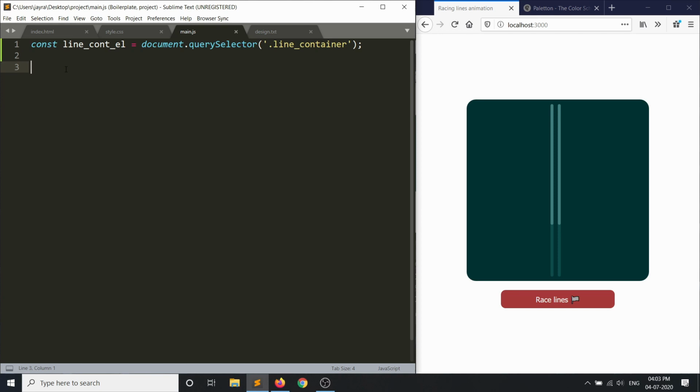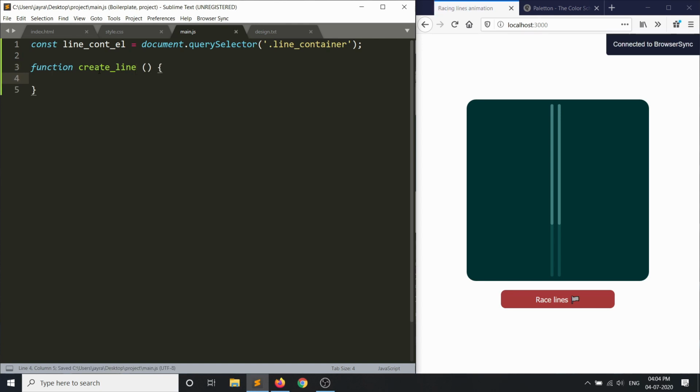Okay, enough lecture. What we should do next is let's create a function that generates one child and one parent line. Okay, so let's write that function first, and then we'll put it in a loop and generate all the lines. So in JavaScript we'll do function, let's say createLine.